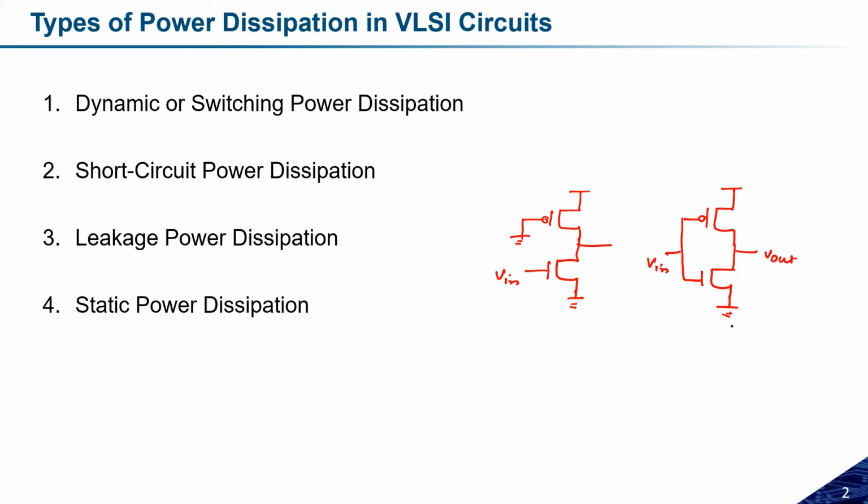If we see the normal inverter, if V in is equal to 0, in that case the PMOS will be in the on state and the NMOS will be in the off state, and vice versa for V in equal to 1. But here, if V in is equal to 0, then the NMOS transistor will be in the off state and the PMOS transistor is always in the on state. So we are not getting any path between VDD and the ground, and ideally we will assume static power dissipation is equal to 0. But what happens if V in is equal to 1? If V in is equal to 1, the NMOS transistor will also be in the on state.